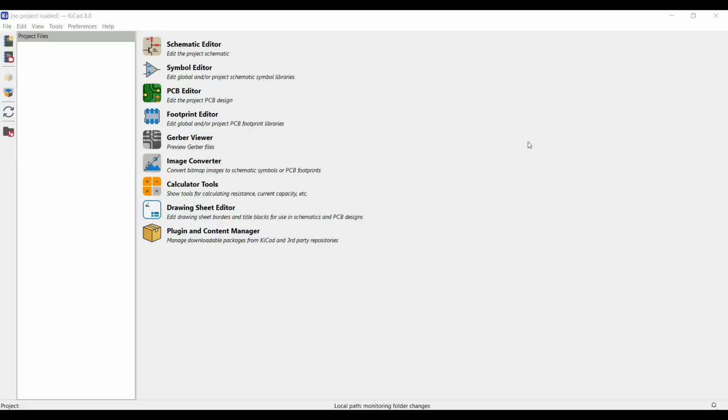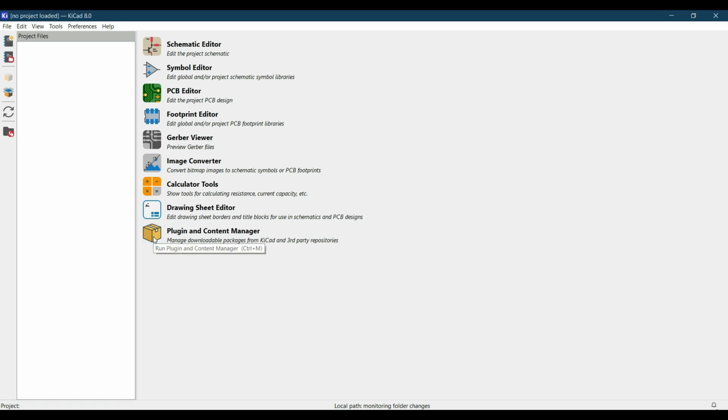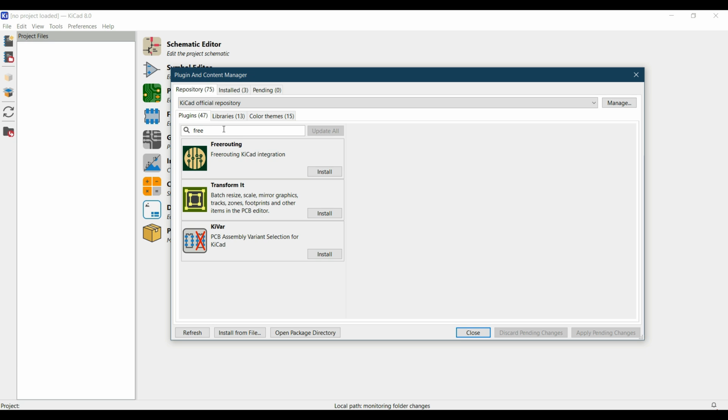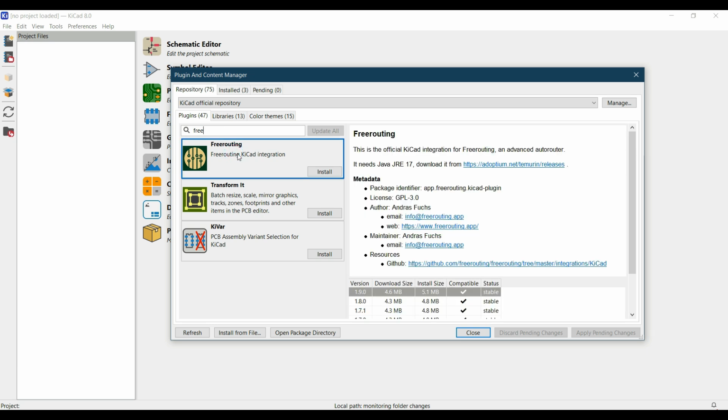Now, dear students, the next plugin we are going to discuss is the Freerouting plugin that will help you to auto route your PCB. For doing that, go to Plugin and Content Manager, and in the Content Manager, in the plugin section, go to Freerouting, and this is the plugin that we are going to use. Freerouting KiCad integration. Click on Install and click on Apply pending changes,